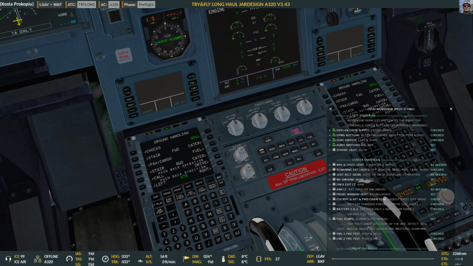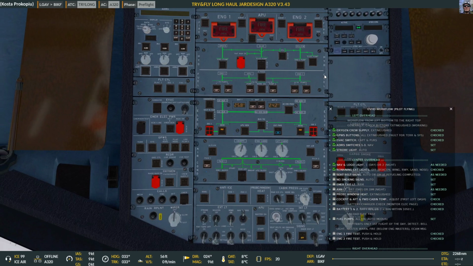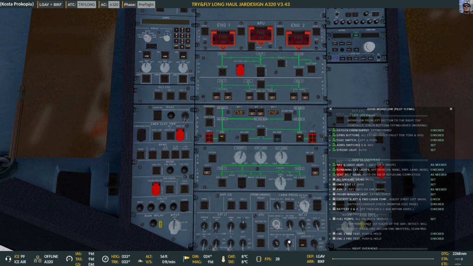Why does it want the strobe? Ah, yeah, strobe light in automatic. Okay, done that. Enough light. We can turn on as well. Seatbelt signs. We put on, and we put that on as well, and we put that into the arm position. The temperatures we're going to set up. So battery charge check. Yeah, that's the battery charge. We're not going to do that. We're going to turn on all the